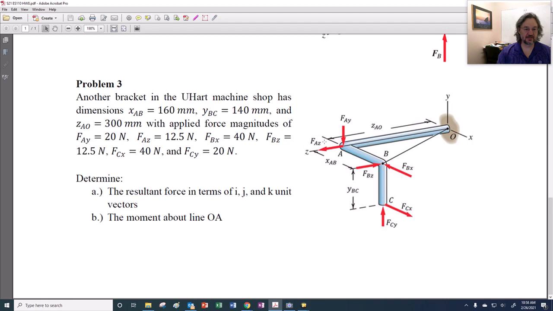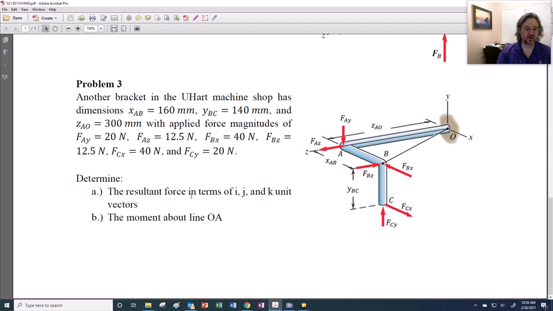12.5 at A in the Z direction right there, 40 coming this way at B, 12.5 at B in the Z direction, 40 right here at C, and then 20 coming up right there. Right, so hopefully we balance them all up. We want to find the resultant